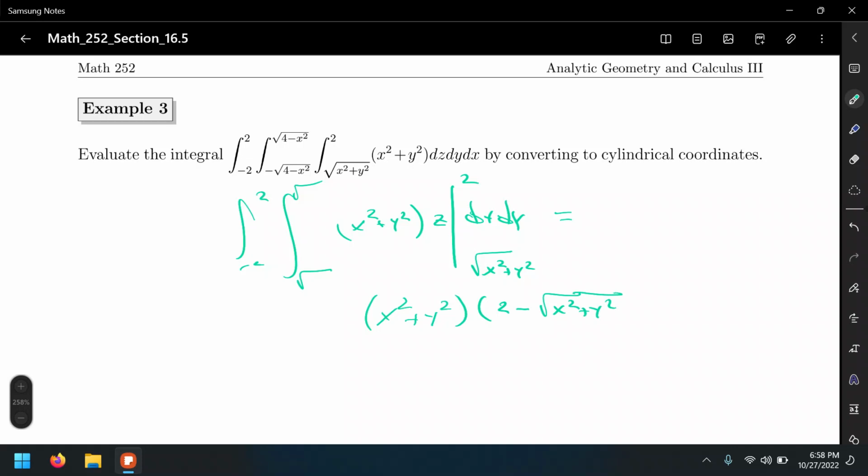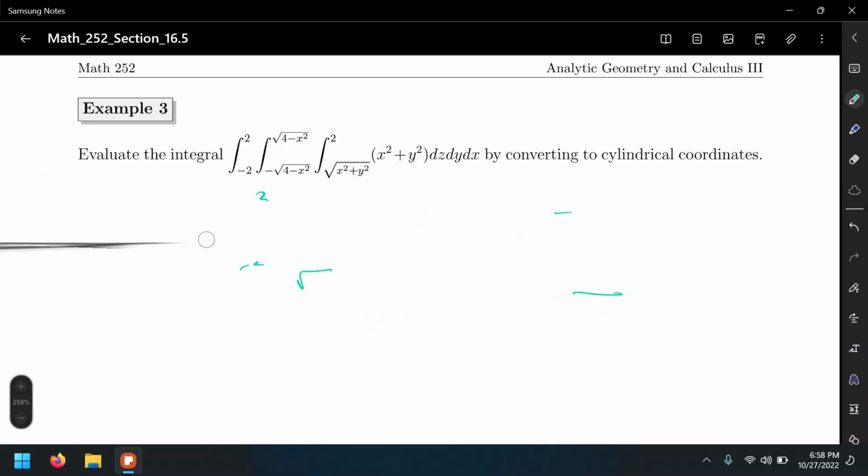So when we try to evaluate the integral of this madness with respect to y, for example, it's not going to work, because if we said u equals x squared plus y squared, du with respect to y would be 2y, but we have a y squared outside plus some x squared, so that's not going to work for our u substitution. That's why we have cylindrical coordinates to simplify our lives in this case for